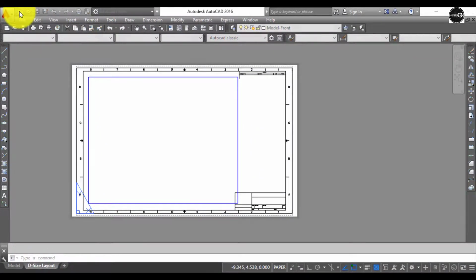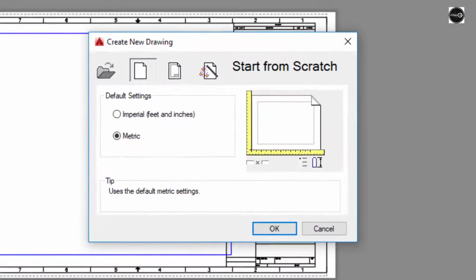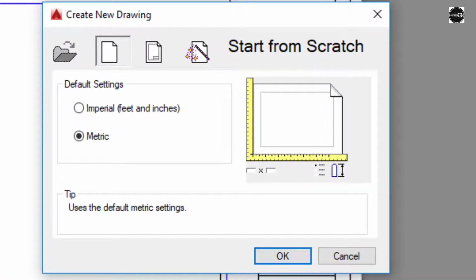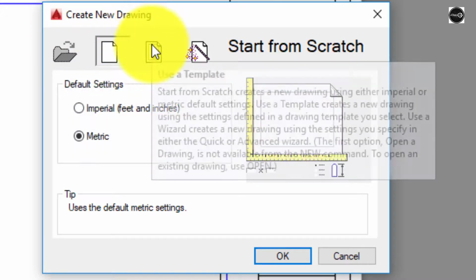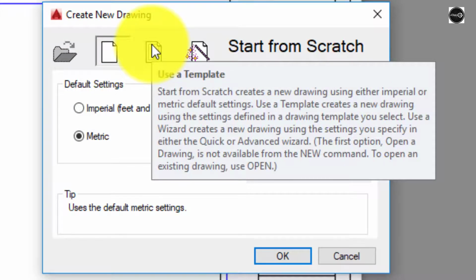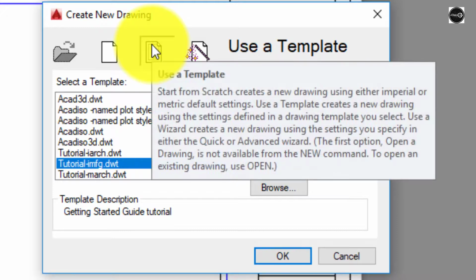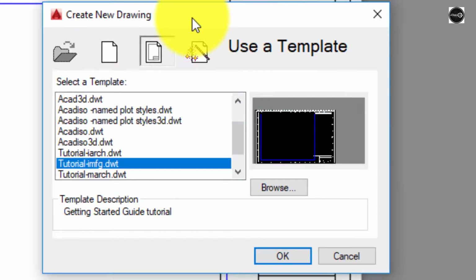As I click on new, you can see this time we are having a different dialog box called the imperial and the metric. The imperial one is the default one which is used by civil engineers, and the metric is in mm, used by mechanical engineers. Also we can open the recent drawings. Also we can connect with the help of a template. We can also see the templates from this side also.